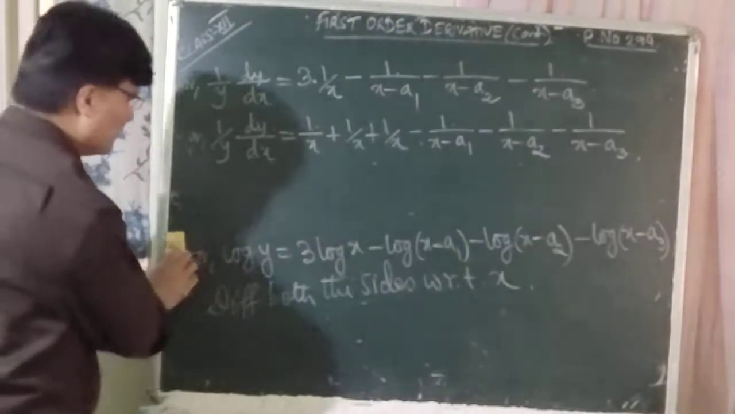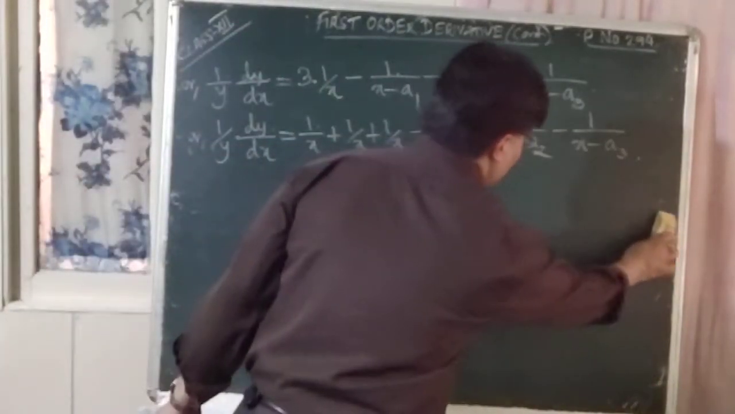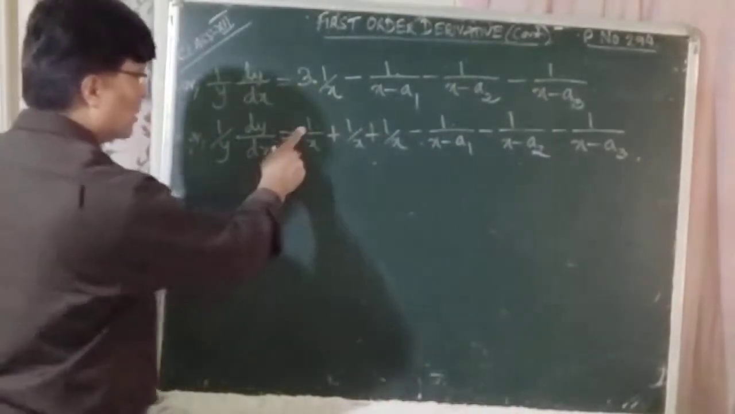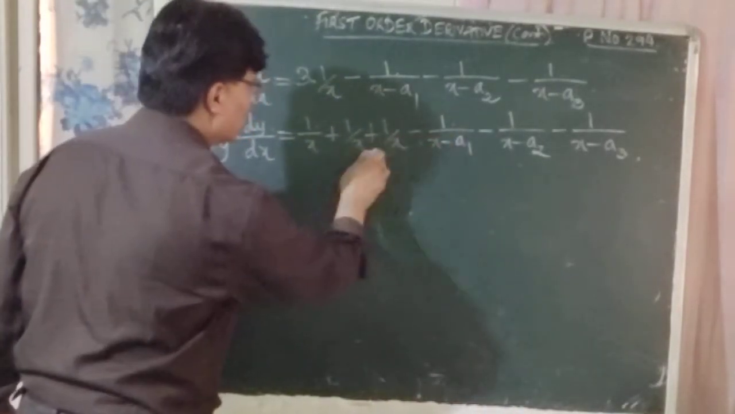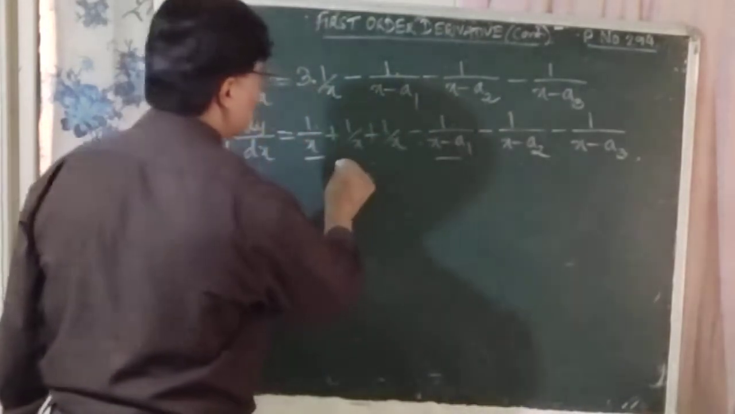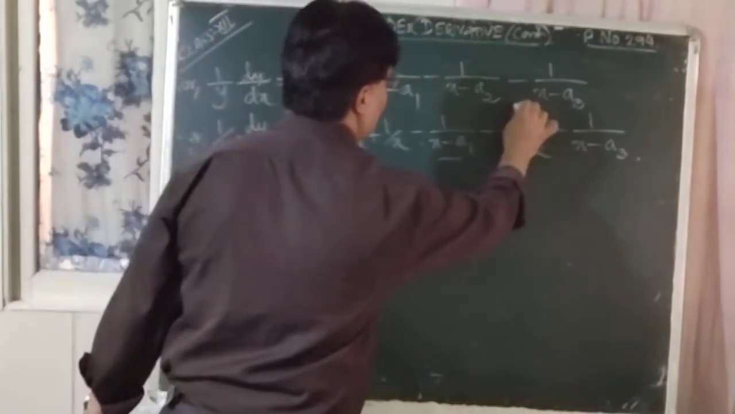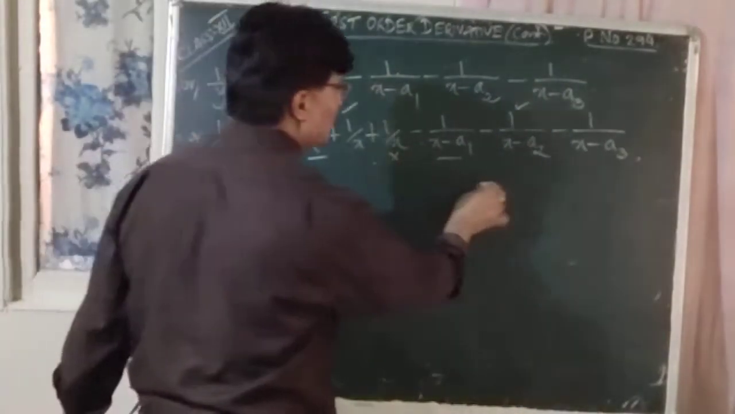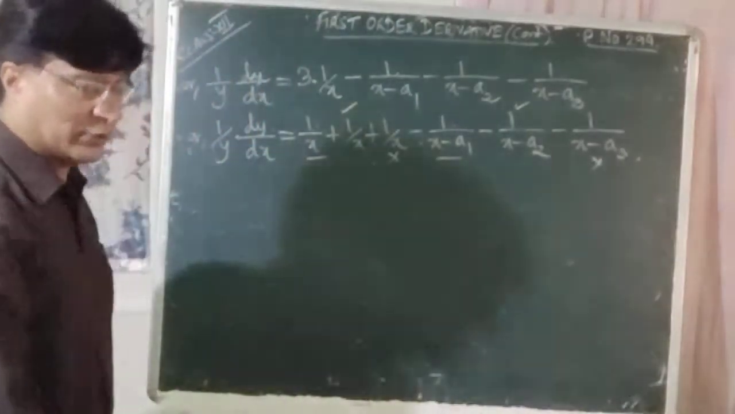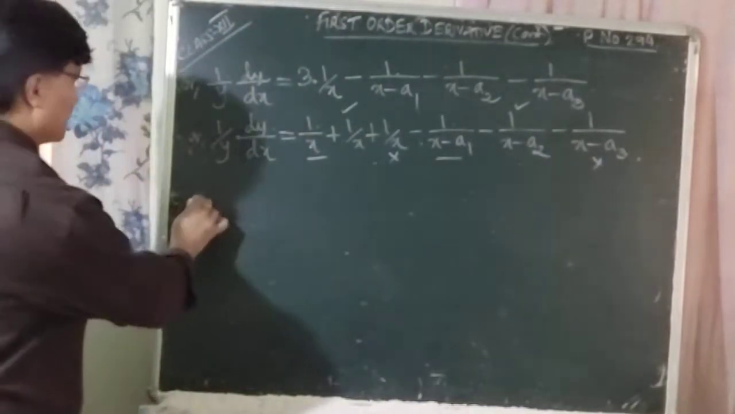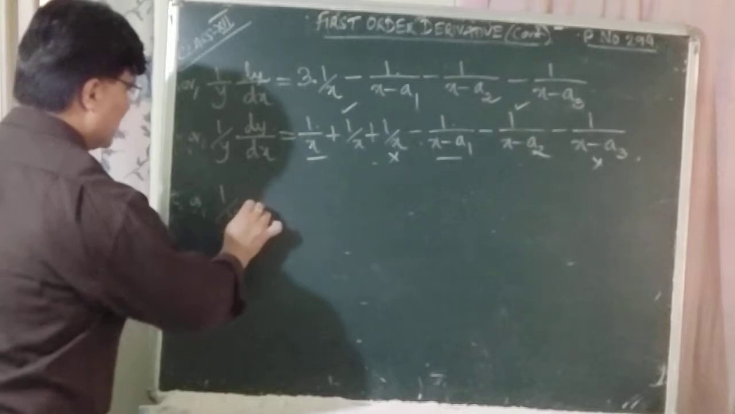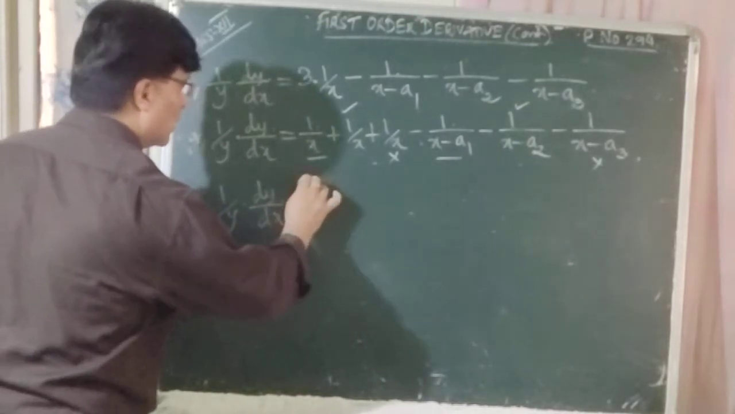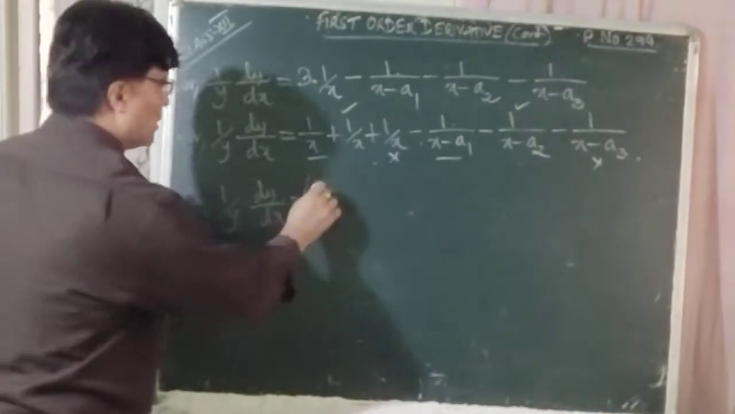Now again you can simplify it further. So how do you simplify it? Let us take the terms in pair on the right hand side. You take 1 upon x minus 1 upon x minus a1. Then you take 1 upon x with minus 1 upon x minus a2, then you can take this term 1 upon x with 1 upon x minus a3. Okay, then simplify it. Or 1 upon y into dy by dx is equal to, write down within bracket 1